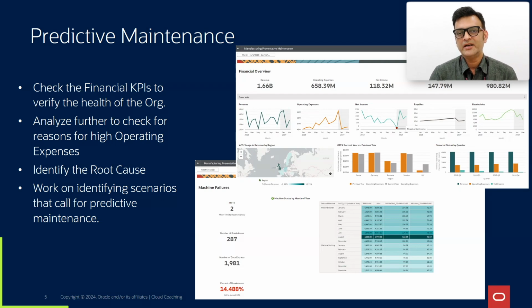Predictive maintenance is a use case where you are trying to preempt a scenario in which, if a breakdown happens, you would have to handle it right after the breakdown. How you can use the machine learning model and the insights it generates to actually prevent that breakdown from happening. With this, let's deep dive into the demo that I will show you in just a few moments.